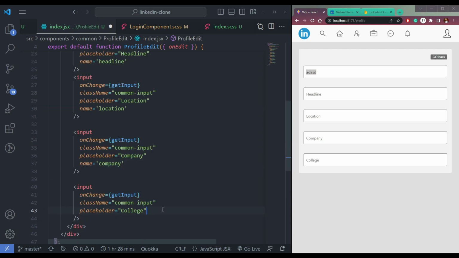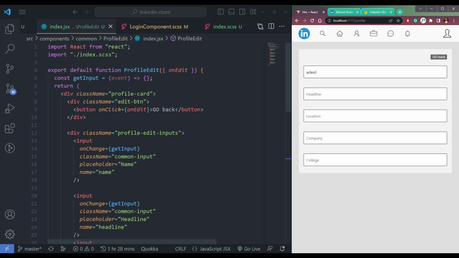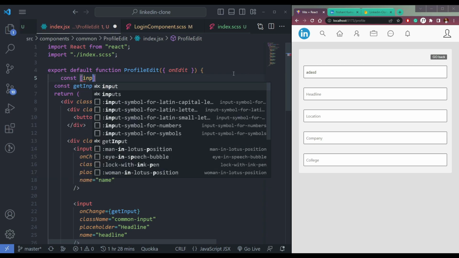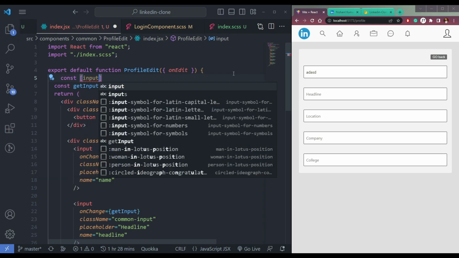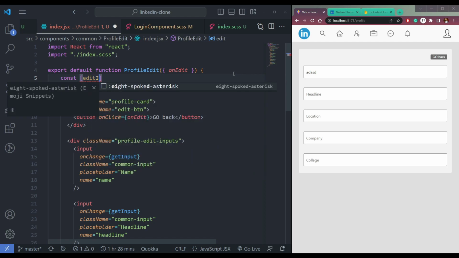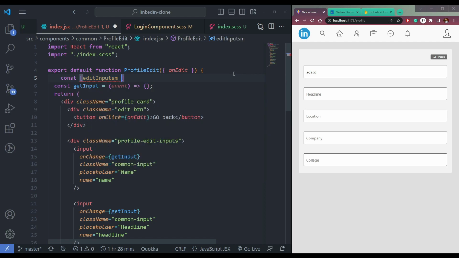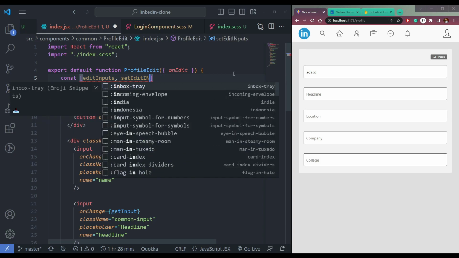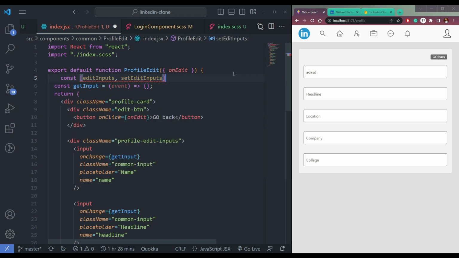Then we have the college. Like this. Now, when we type in the inputs, this function will run and we have to set them in a state. So let's say const input, edit inputs and set edit inputs, and should be small. So use state, it will be an object